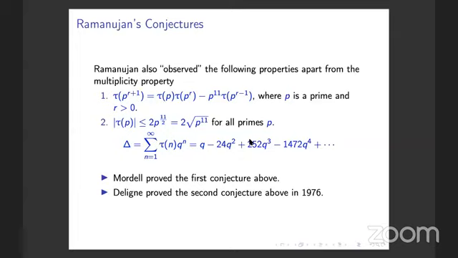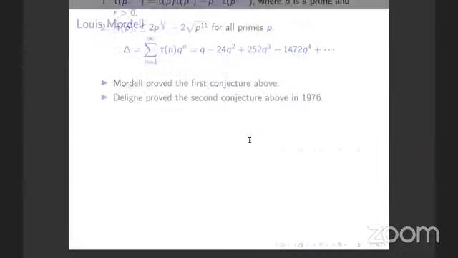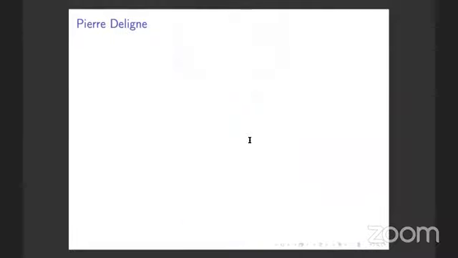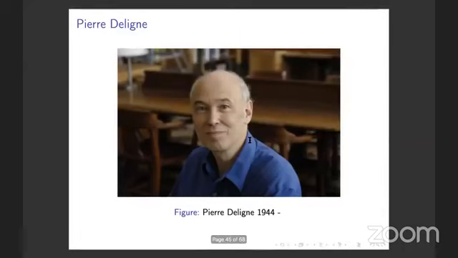And like I said, Deligne was awarded the Fields Medal for this. Here's a picture of Louis Mordell. And here's another picture of Pierre Deligne. By the way, Deligne was one of the youngest people to win the Fields Medal and to do really great mathematics at a very young age. When Deligne first visited TIFR, I think he was asked, and in his talk he said that he owes all his honors in mathematics to Ramanujan, because so much of the mathematics he worked on was related to mathematics that came from Ramanujan's work.